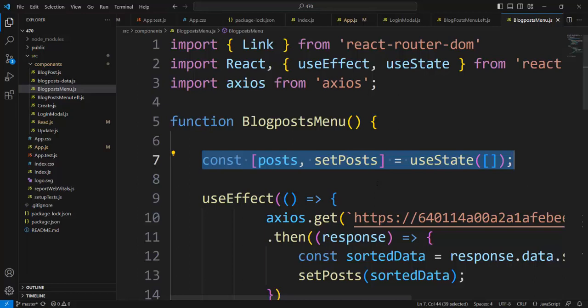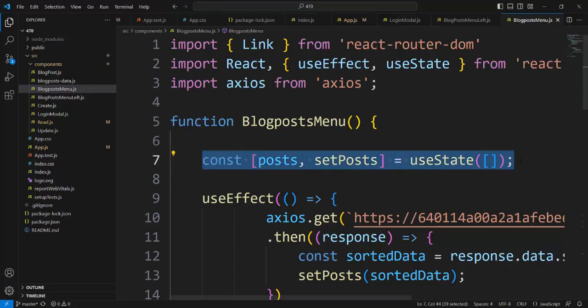Because of that, it cannot take posts from app.js as props, so I call here and I create